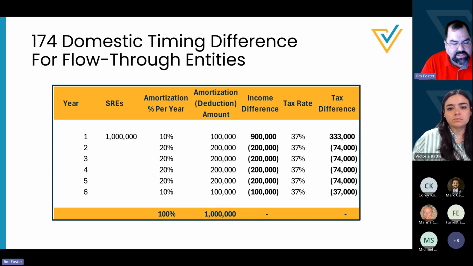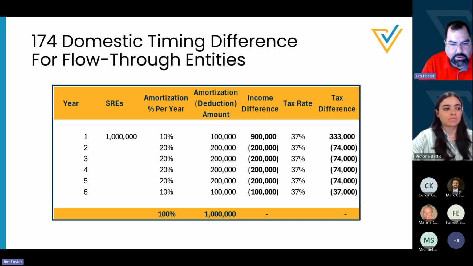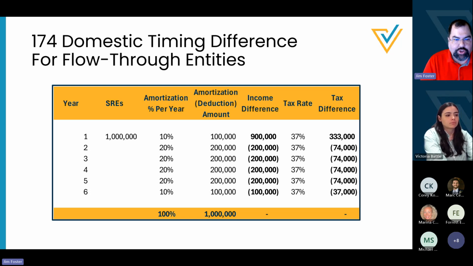So if you had specified research and experimental expenditures of $1 million in the first year, then the timing difference looks like this. You get a $100,000 deduction in the first year and 900,000 stays in income. If you're at a max rate of 37%, that means you're paying increased taxes of $333,000 in that first year, as compared to what you would have been doing prior to the change